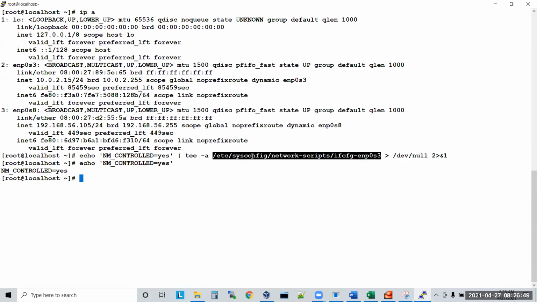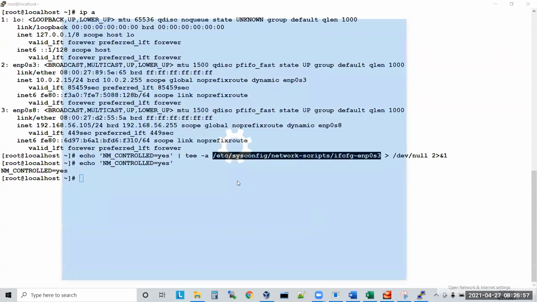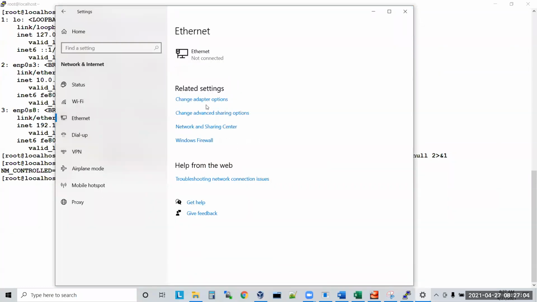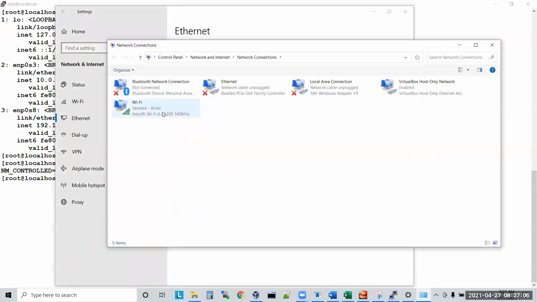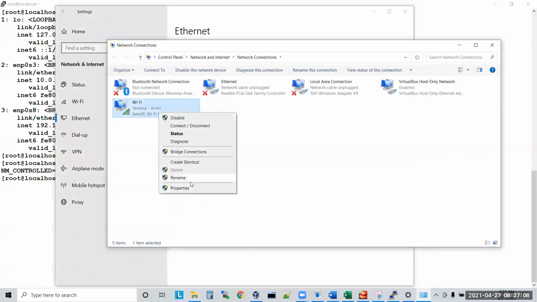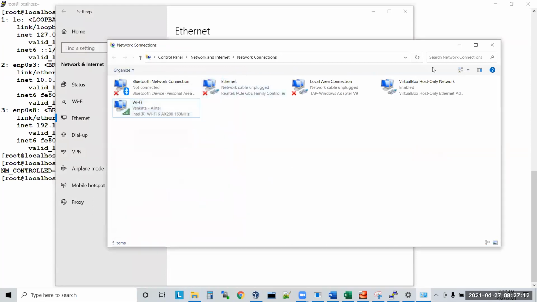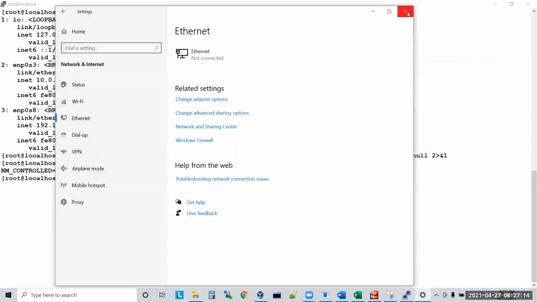In the case of Windows, if I want to make changes to the network, what do I do? I click on network and internet settings, maybe click on Wi-Fi, and change whatever I require. Or change adapter options, right-click, click on properties, and you can change whatever you want. If it is Windows, that is the case. But if it is Linux,